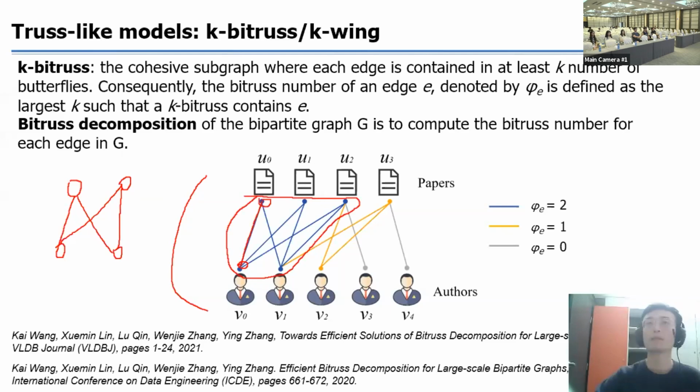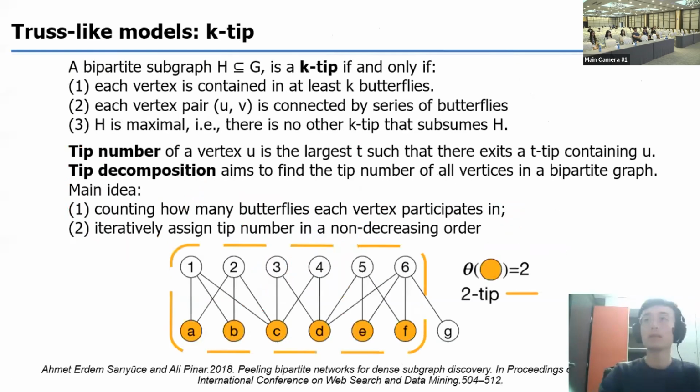Different from the K-truss model, the K-tip is proposed by imposing the butterfly constraint on each vertex. It requires each vertex to be contained in at least K butterflies. In addition, butterfly connectivity is required, where each vertex pair is connected by a series of butterflies. And also, the K-tip number of a vertex is the largest T such that there exists a T-tip containing the